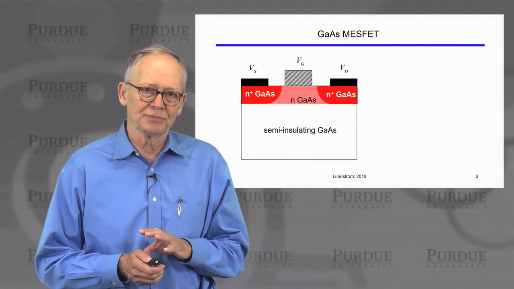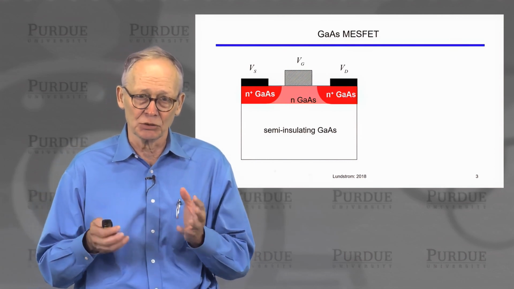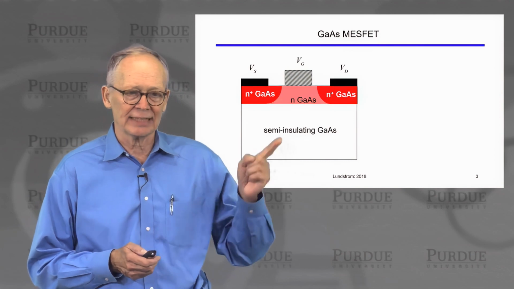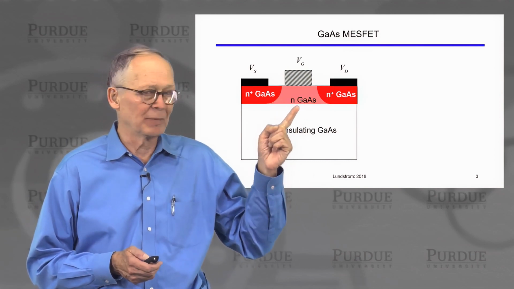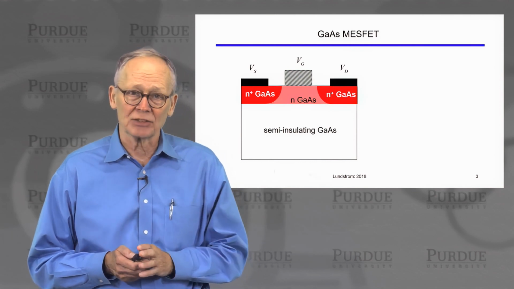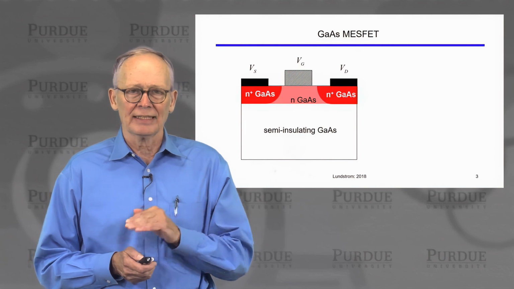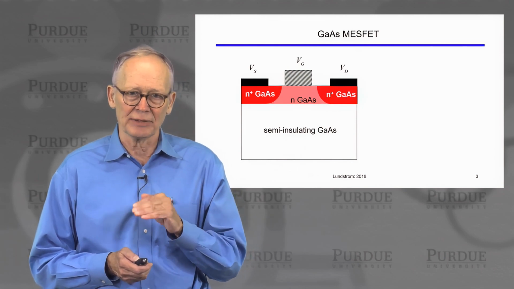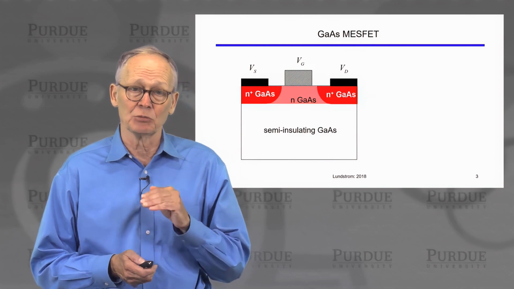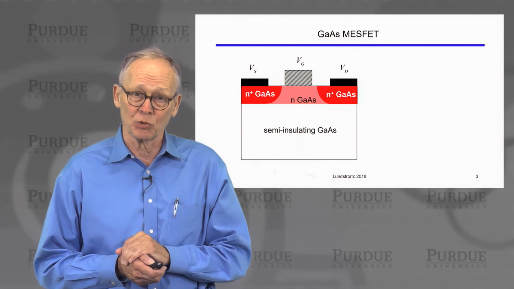Now, the first 3-5 transistors that were used commercially were gallium arsenide MESFETs. MESFET stands for metal semiconductor field effect transistor. There was no insulator because it was very, very difficult to produce high quality insulating layers on 3-5 semiconductors. 3-5 semiconductors were of interest because their mobilities were very high, so they were devices that had a lot of promise for